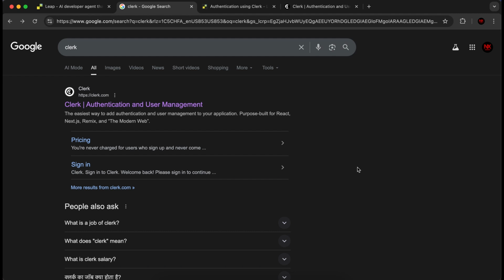Okay, so the first thing that we're going to do is add authentication to our vibe coded application. So when we publish our app, users are going to need to be able to log in and sign up, and we need to be able to manage the users, and we want to be able to do all of this very easily. So we want to add authentication and user management to our application, and we're going to be